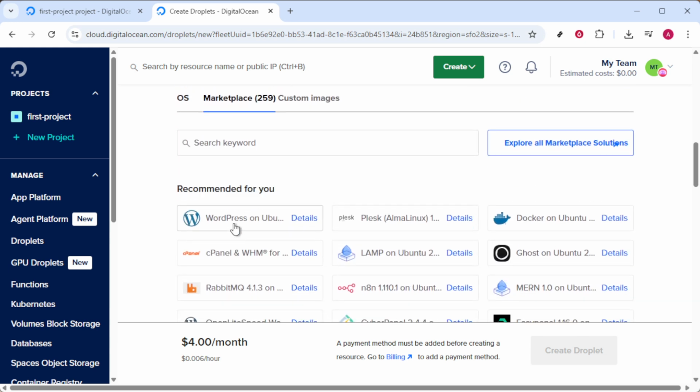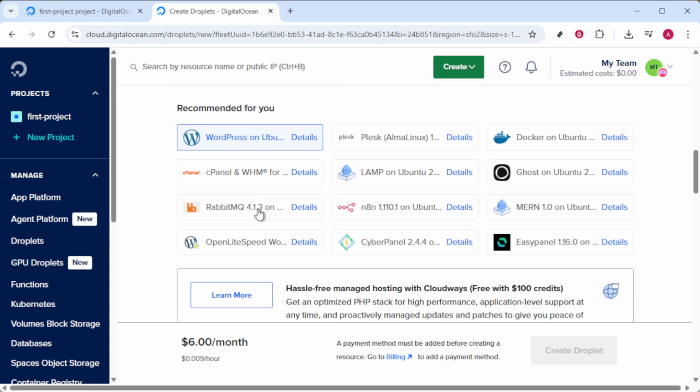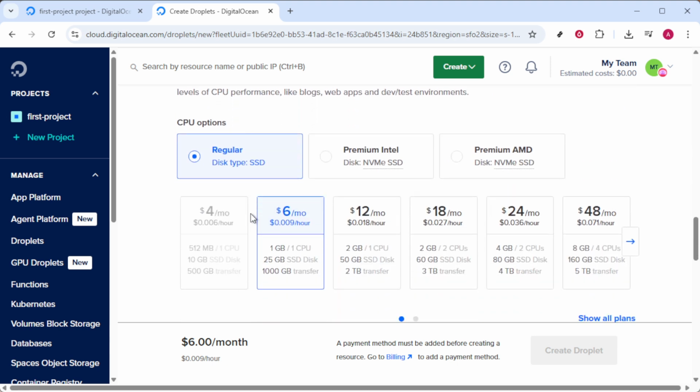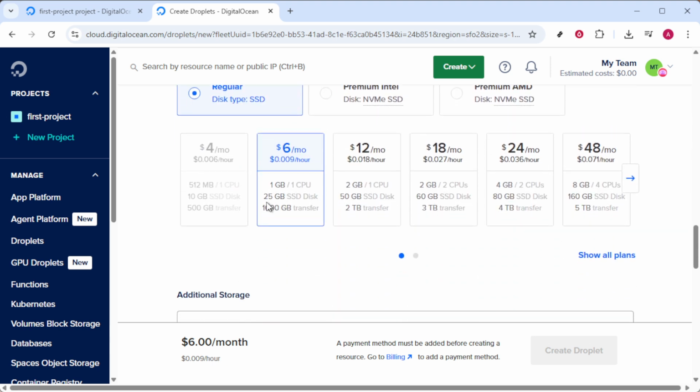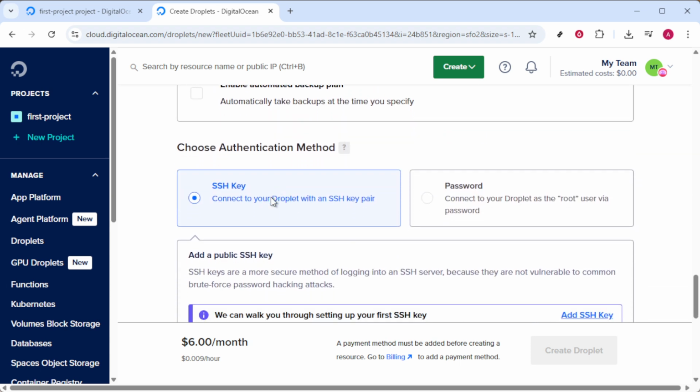Next, it's time to decide on a pricing plan. For a smooth experience, I recommend selecting at least the basic $6 a month plan, but feel free to choose according to your needs and budget. After selecting your plan, it's important to choose a data center region that's closest to your primary audience to minimize